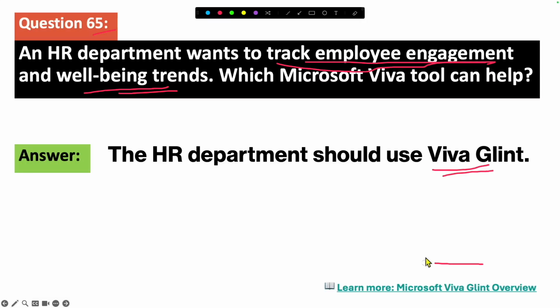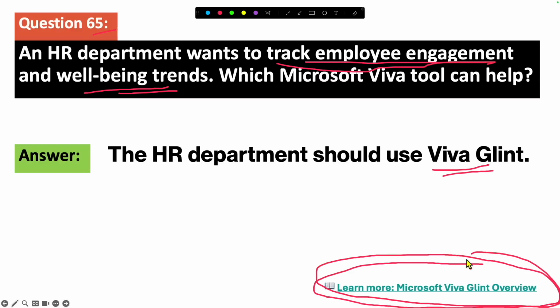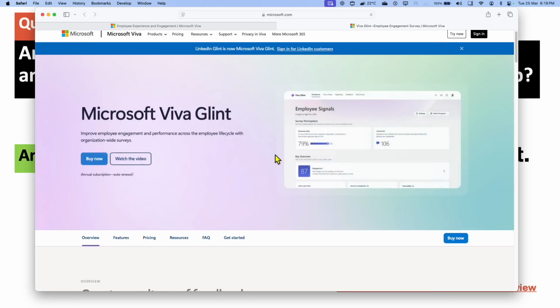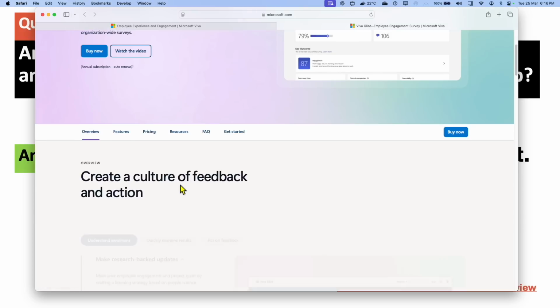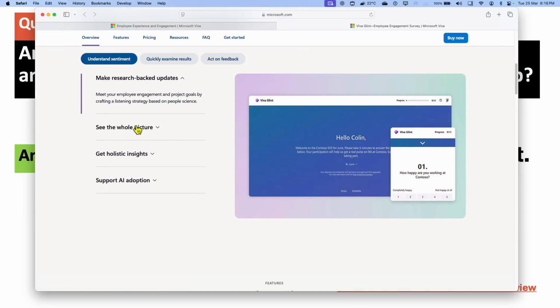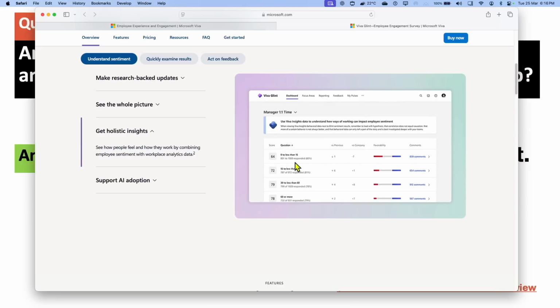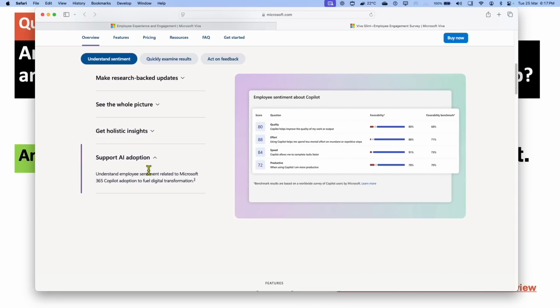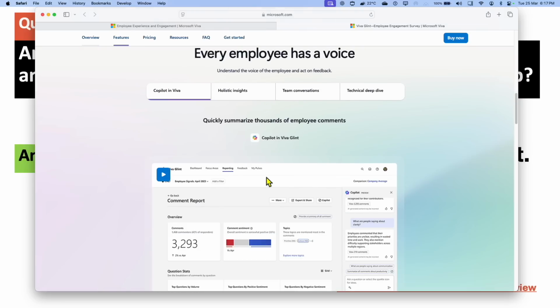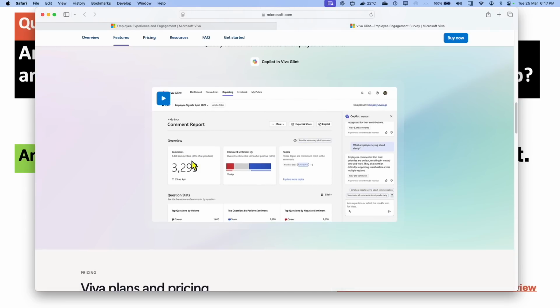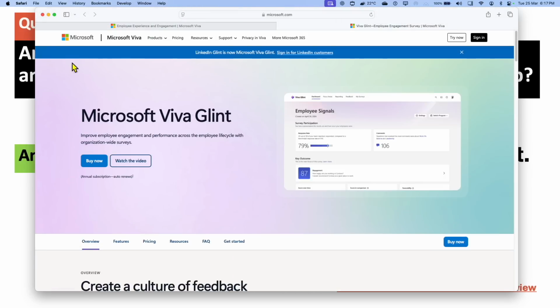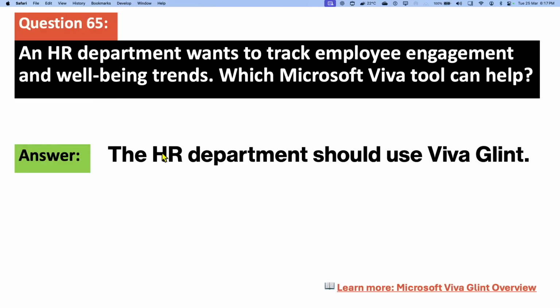So definitely, if you are quite new, I'm quite new as well. So if I want to learn more, I click on this link which talks about what Viva Glint actually is, and it tells you how to configure it. You can watch this video, or you can scroll through this page to understand how you can create these signals, how you get these responses, how you can use the AI adoption to get the metric specifically catered towards you. This is how it looks, and things like that. So definitely go and have a read about it if you want a better understanding about how